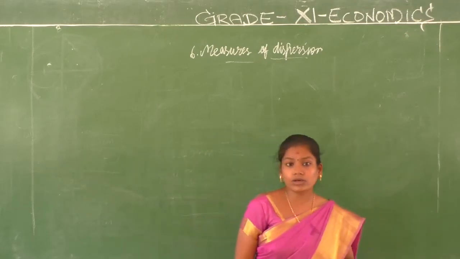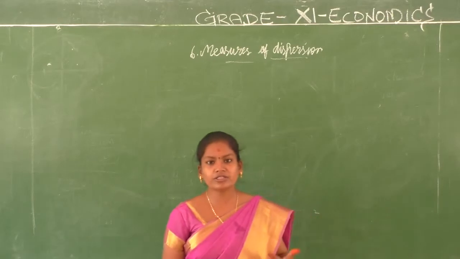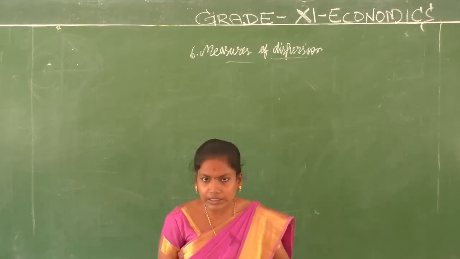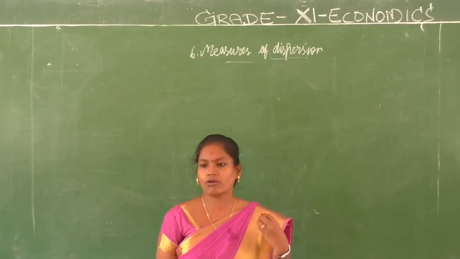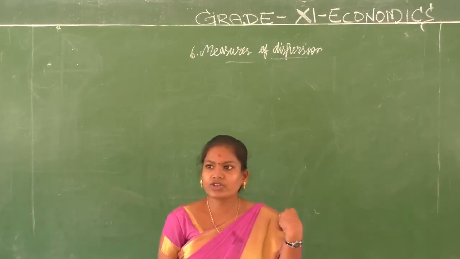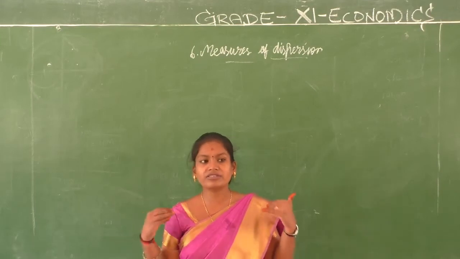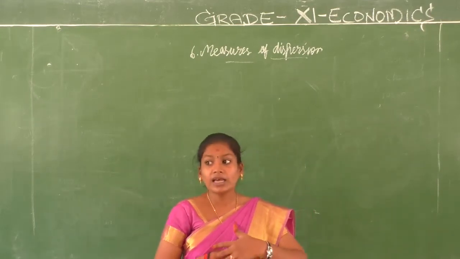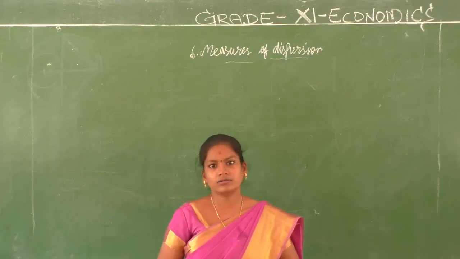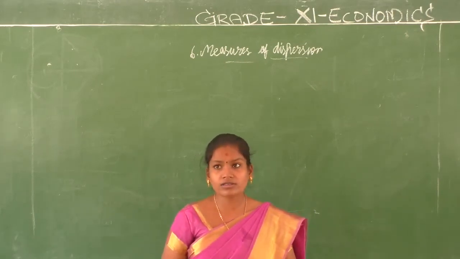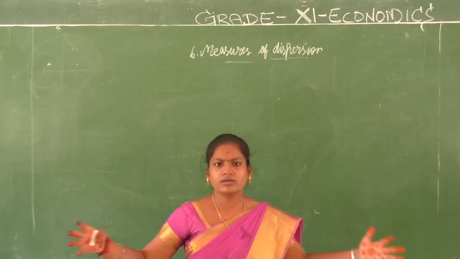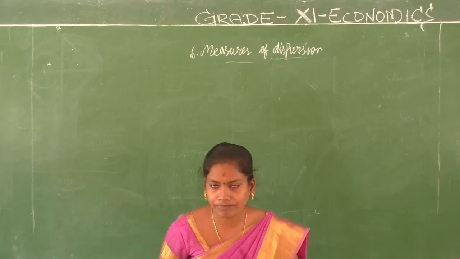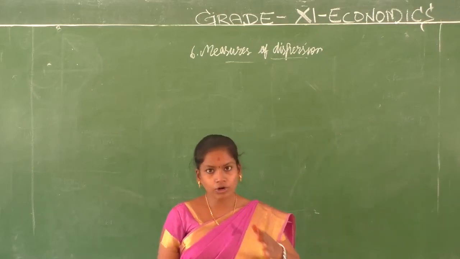Where all do you use this arithmetic mean? When you want to know the aggregate marks, the average marks scored by a student in an examination, the average income of a family or of a person, the average attendance of a student or an employee in the month, the average rainfall, the average loss, the average profit. All these things we speak about with arithmetic mean. Then we moved on to median.